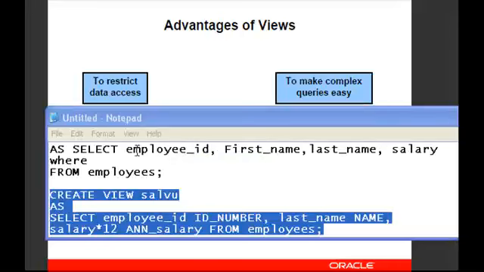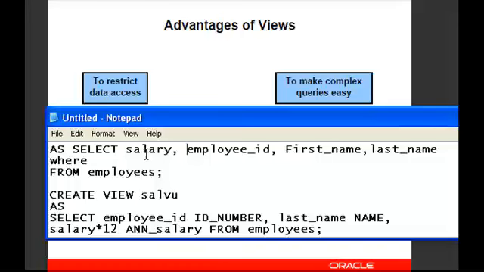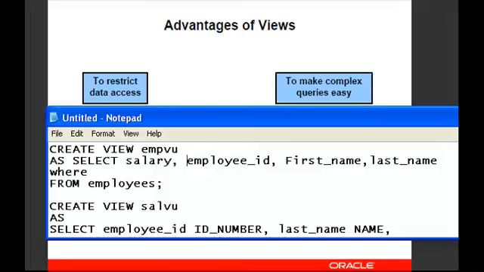What I mean by that, I may say, okay, display for me salary first. Move the salary column from right here to this position right here and display the data. So it really creates a different display view of the sal view, which is right here. Let me go up so you can see employee view, and it displays salary, employee ID, first name and